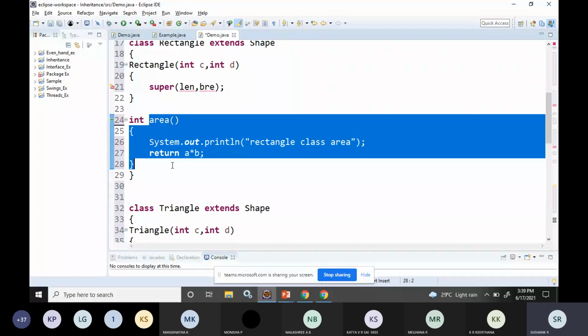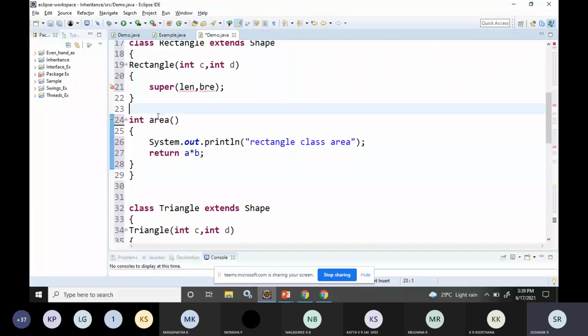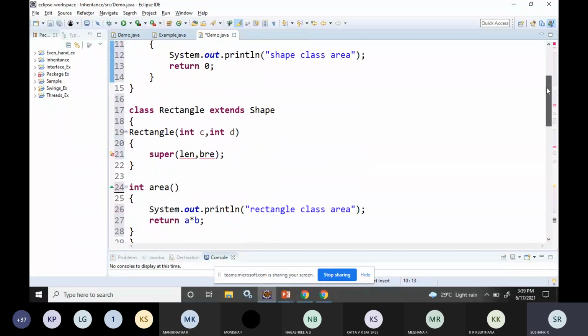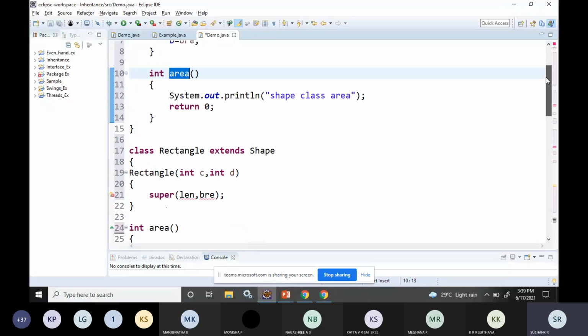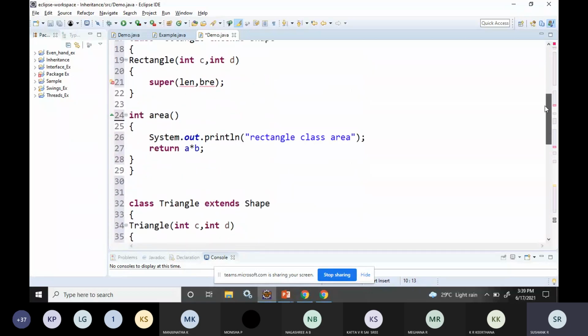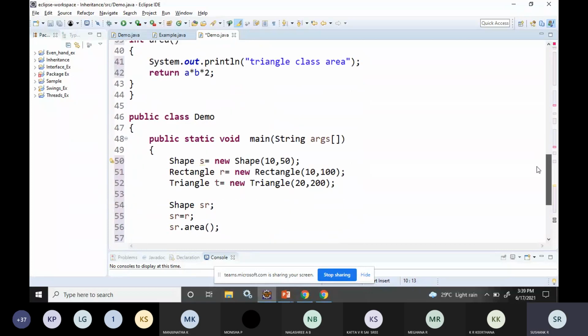So this area function is overriding, or hiding, the function that is there in the superclass. Whenever you call an area function, the function in the subclass will be executed. Which function is to be executed is decided dynamically, during runtime.